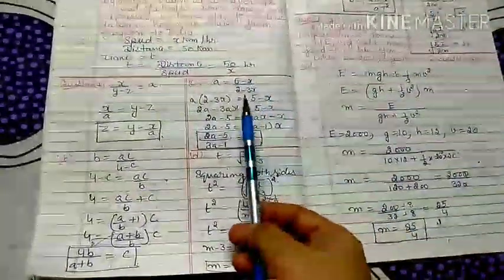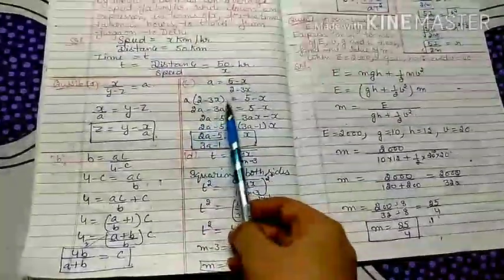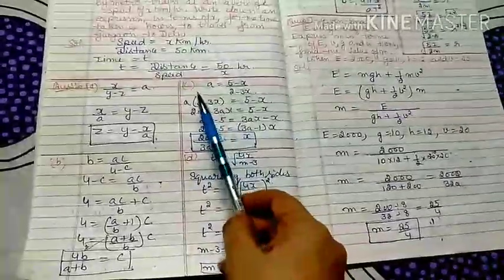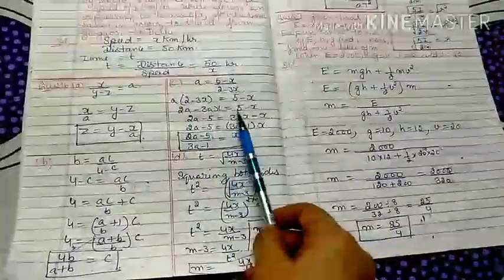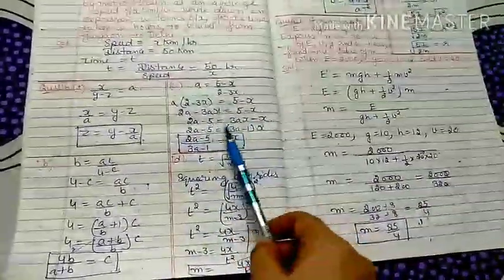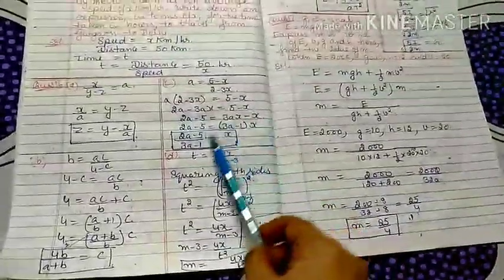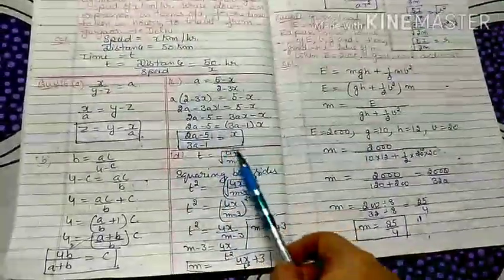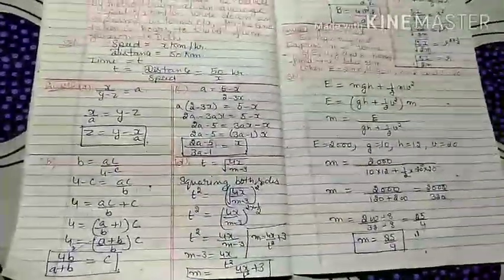First you have to cross multiply 2 minus 3x with a. Now a(2 minus 3x) is equal to 5 minus x. Now a multiplies with both the terms: 2a minus 3ax is equal to 5 minus x. Now 5 is shifted to this side, 2a minus 5, and the x term is shifted to this side: 3ax minus 1. Take x common, 3a minus 1 is left. Cross multiply: 2a minus 5 divided by 3a minus 5. Only x should be left on one side, which you have to find the value of.